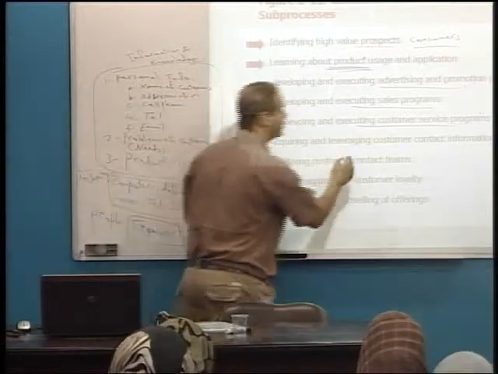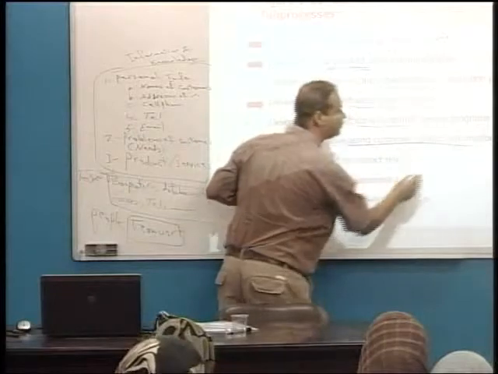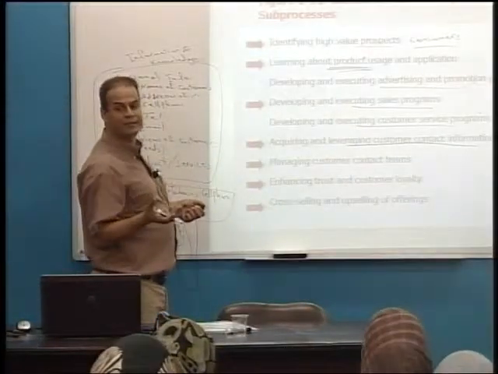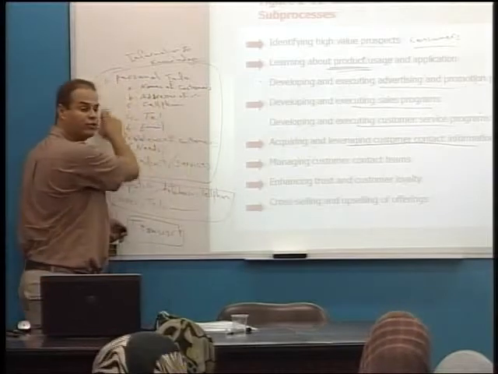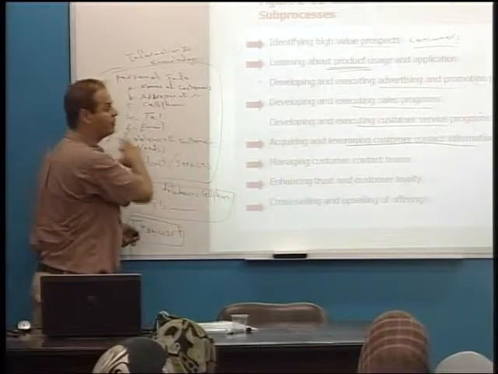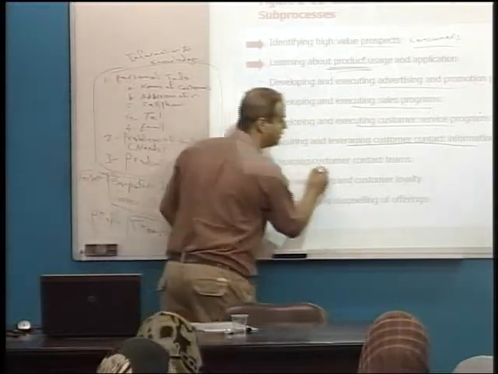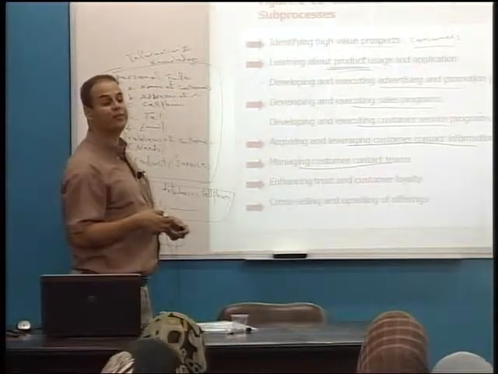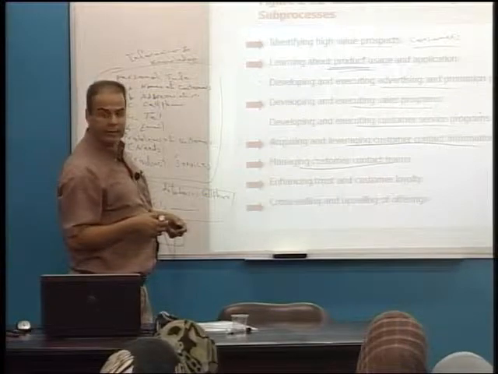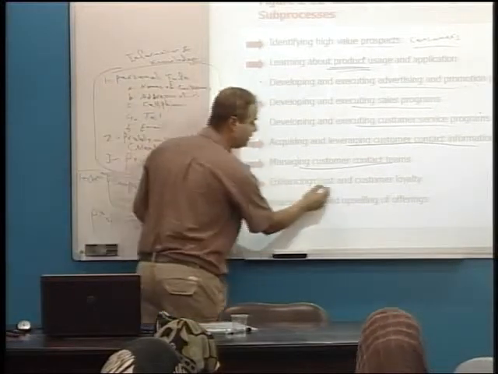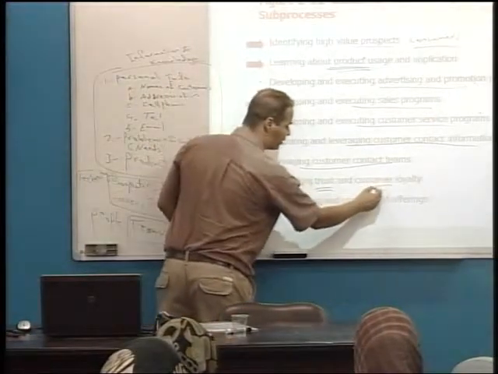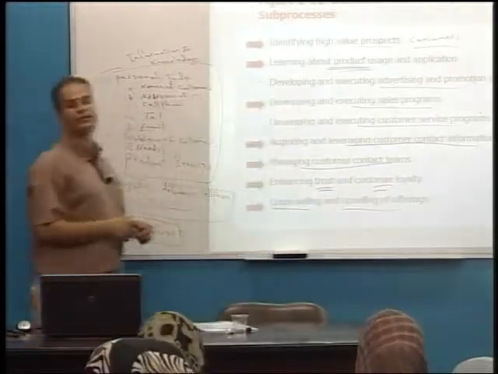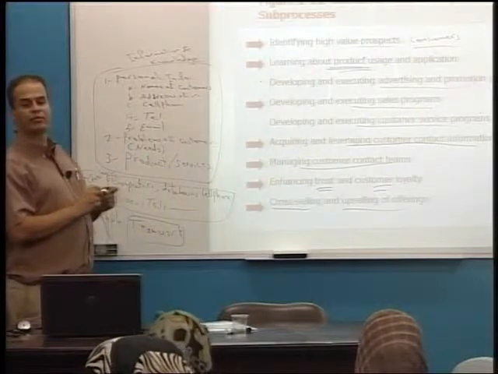Later on, we are going to develop a customer contact information system. This system might be databases about personal information regarding our own customers. Later on, we are going to manage customer contact teams: when and how we should contact them. Finally, we would like to increase trust and customer loyalty, and we will conclude by cross-selling and upselling of offerings. So these are the sub-processes of